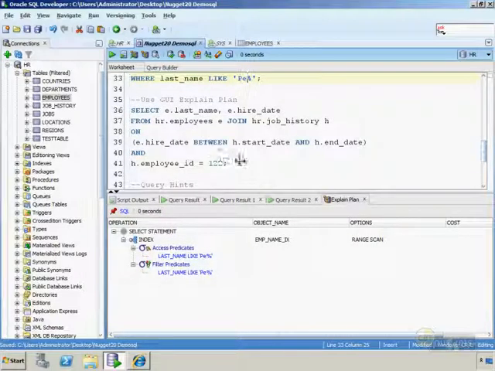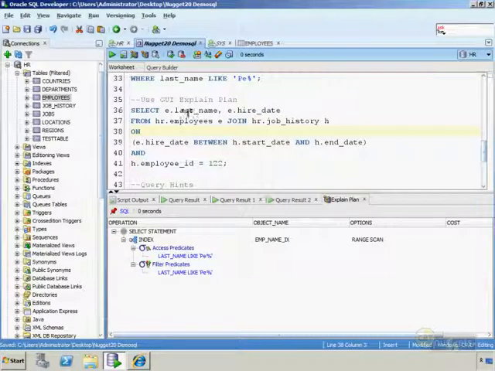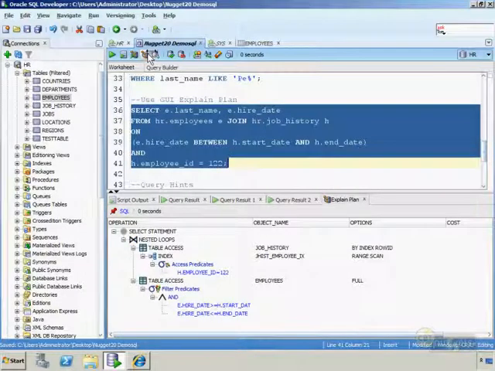Here's a more complex example that I've pulled from the Oracle documentation. This grabs last name and hire date from two tables, the employees table and the job history table. That involves some AND/OR Boolean logic as well, a little bit more complex. And because of that, we have some lookups on tables within our select statement as well as index lookups to